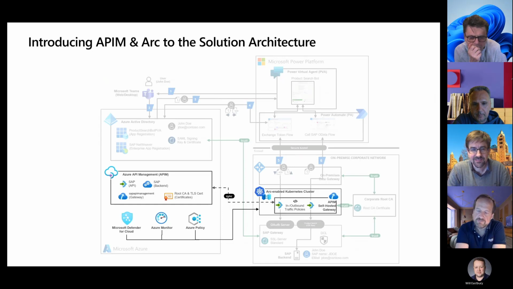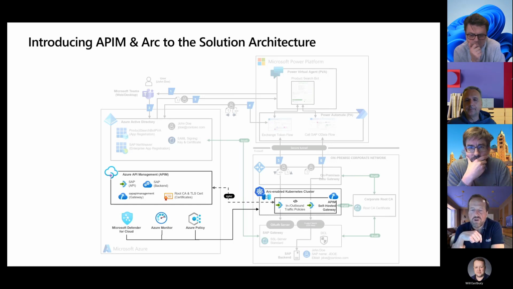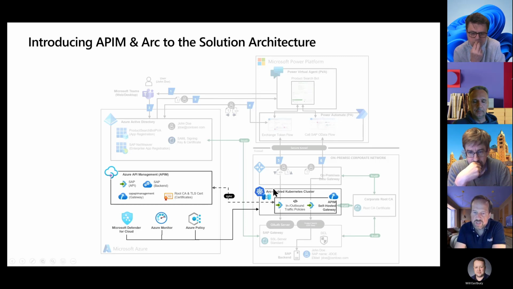So this is essentially the same solution architecture from the previous episode, but now with two components added. The first component is the API management. So we have to create a central instance of the API management in our subscription, from where we have the central management plane to define the APIs, to define the policies that we want to enforce on the API gateway, etc. And we also have the runtime component on the right side of that picture, which is